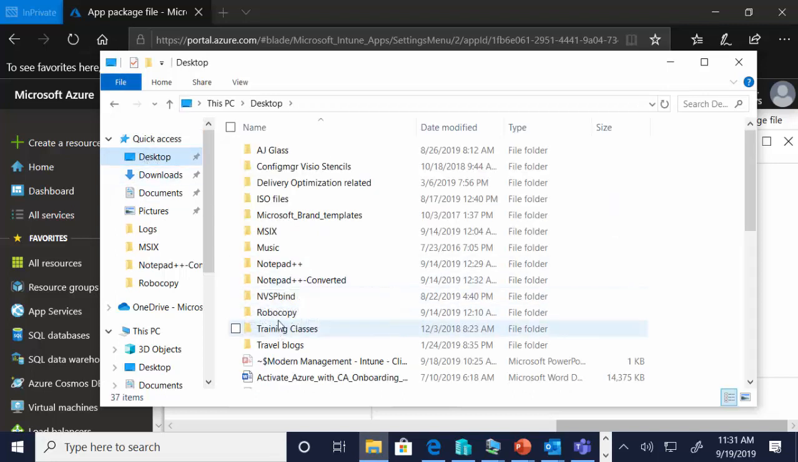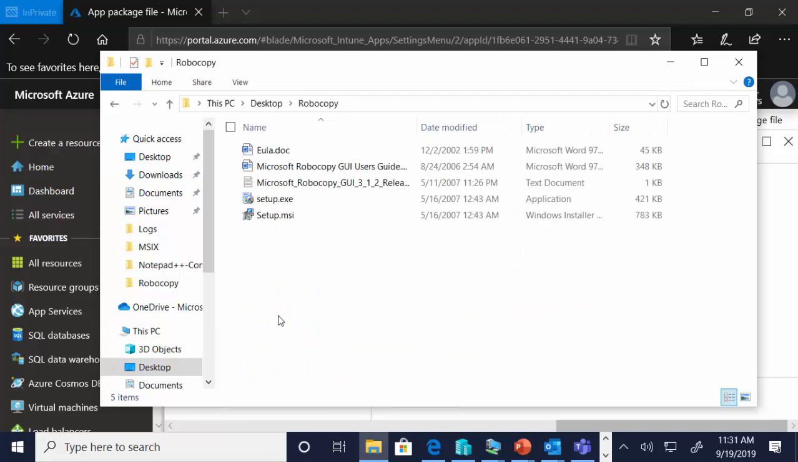Robocopy, right here. It actually has several other files associated. Here's the point. When you are going to upload content to Intune, whether it be an MSI, an MSIX, an executable, whatever the case may be, you want your source directory to contain only the files required for that particular install. If you include other stuff in there, I've seen people, I've done it myself, put Notepad or something on